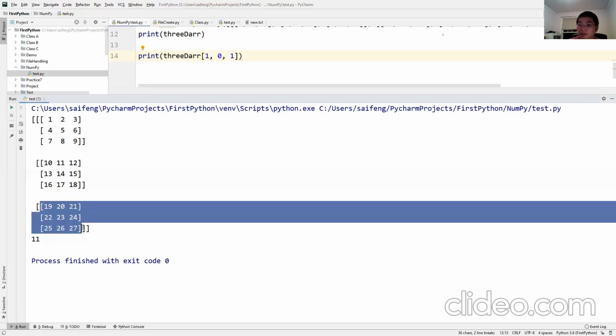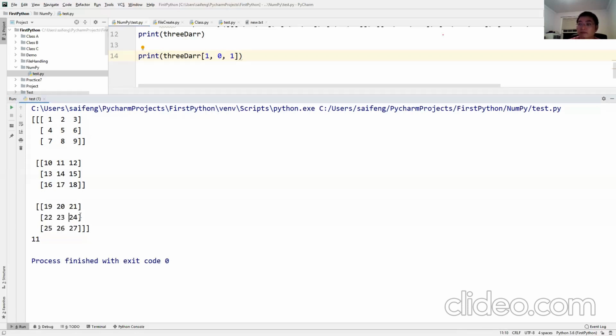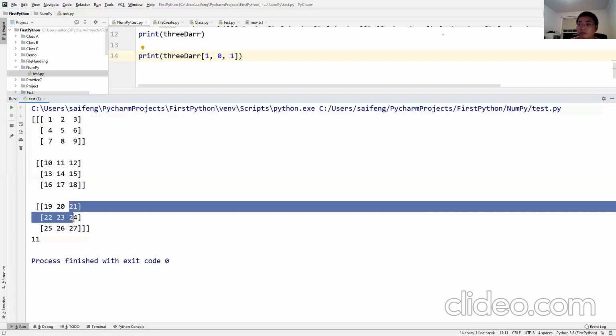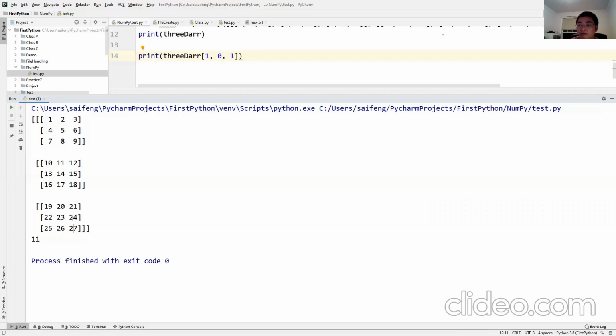It's the third 2D array, second row, third column. 2, 3? No, there are 3 indexes. 2, 1, 2.